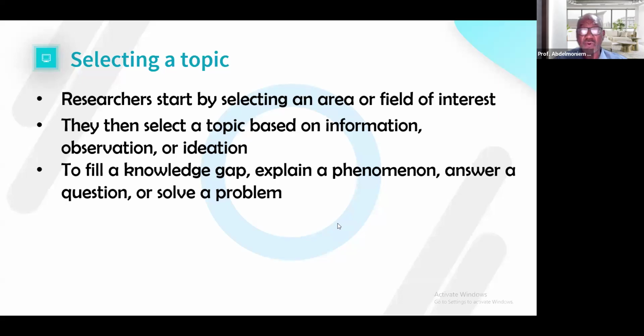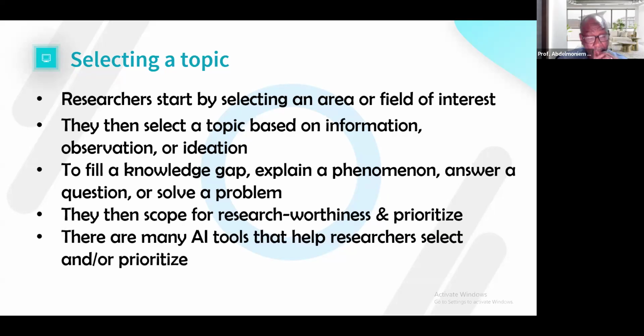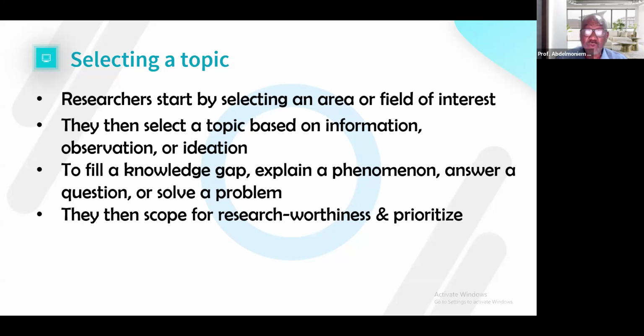Now you have an idea, you have an area, you have a topic, you have a purpose. You need to chat with one of the tools that will help you select a topic. There is another step. When you select a topic, you need to scope for research worthiness.